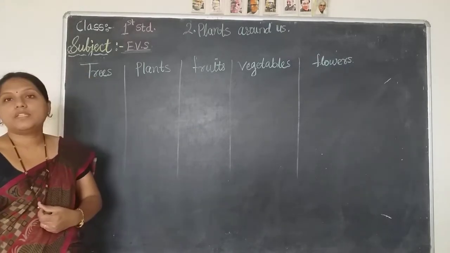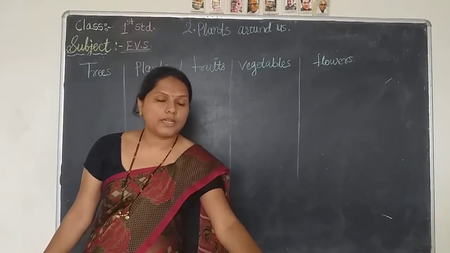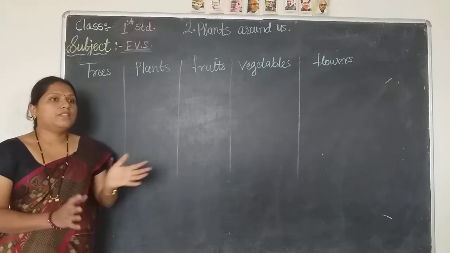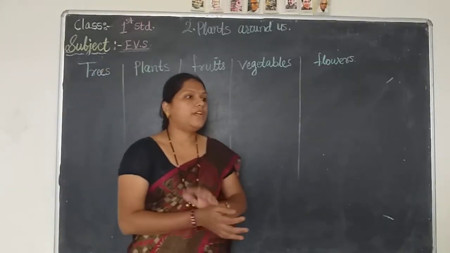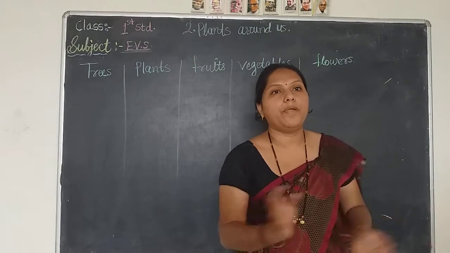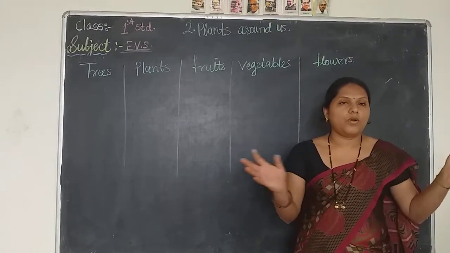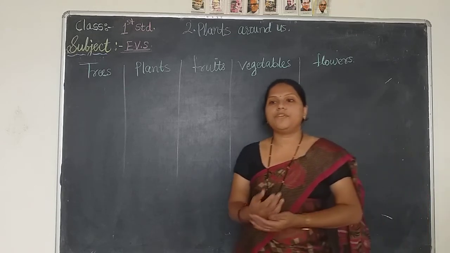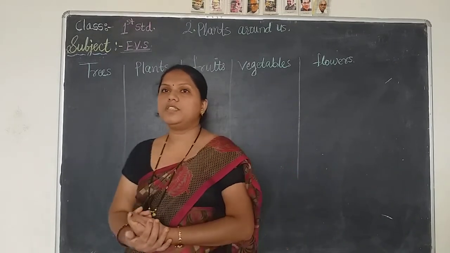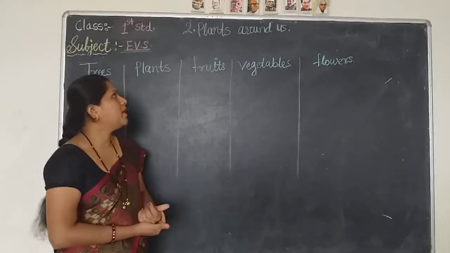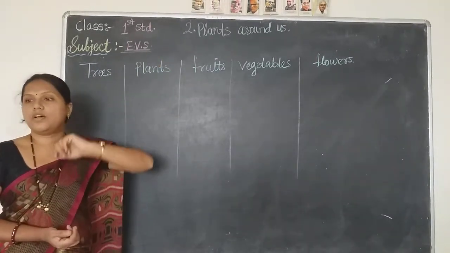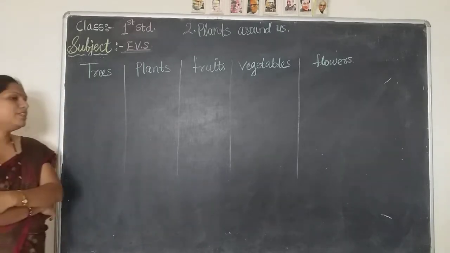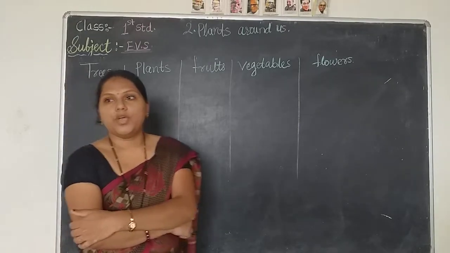And now today we will start our new lesson, that is plants around us. Firstly, we see how many different types are in the environment. Overall surrounding us is called environment, and in that environment there are some different types. We have seen first one is animals around us, and now second type is plants around us. Okay, have you seen plants, trees? Have you seen, children? Yes, I hope you see